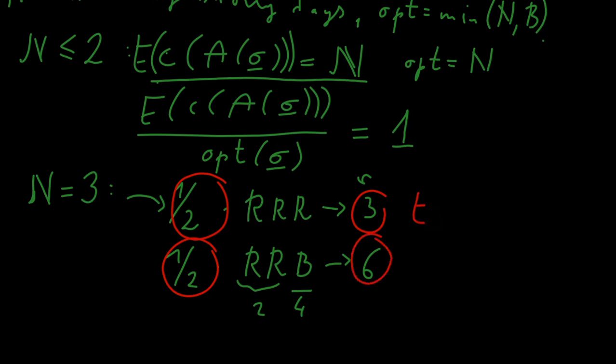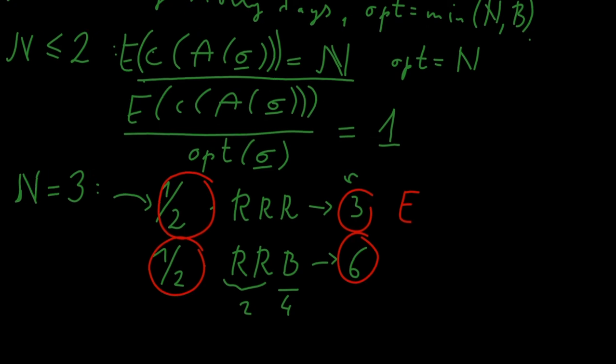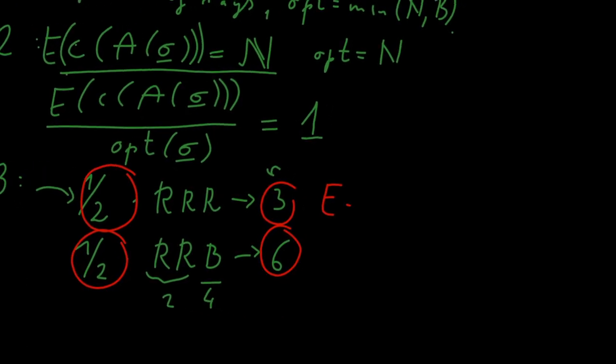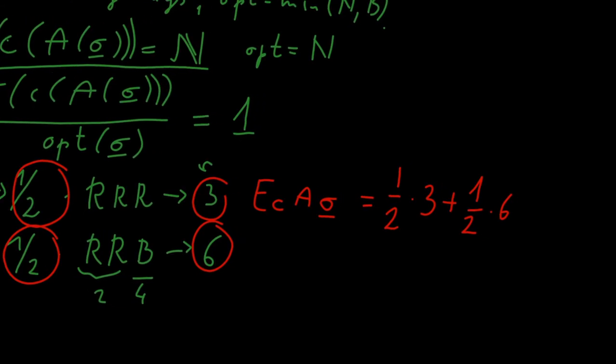So the expected cost of the algorithm run on sigma is always the probability times the cost, and then the probability times the cost in the other case, and so on. And this is just 4.5,